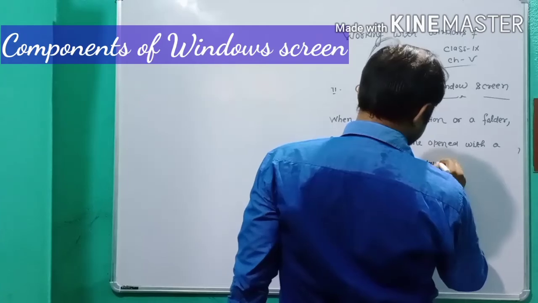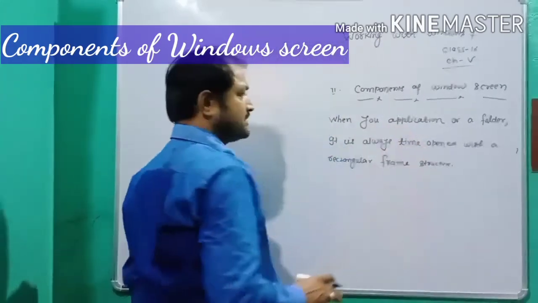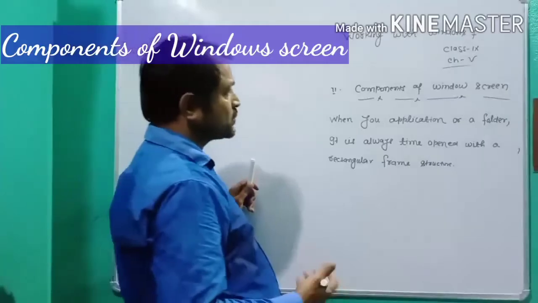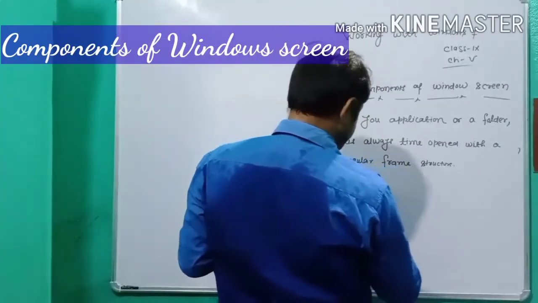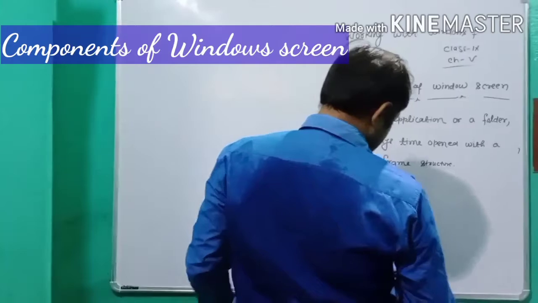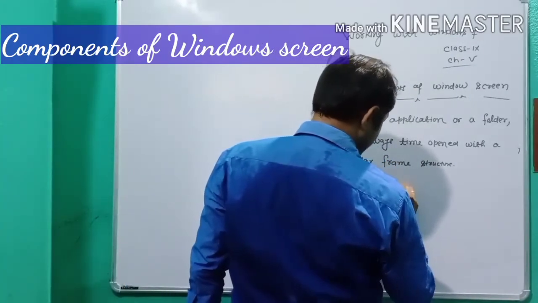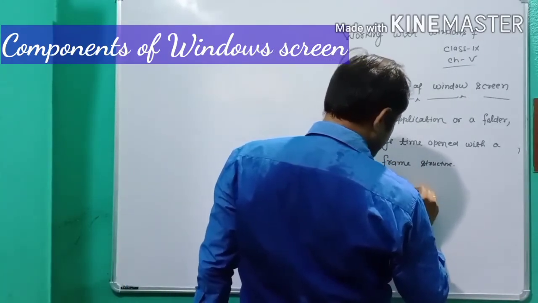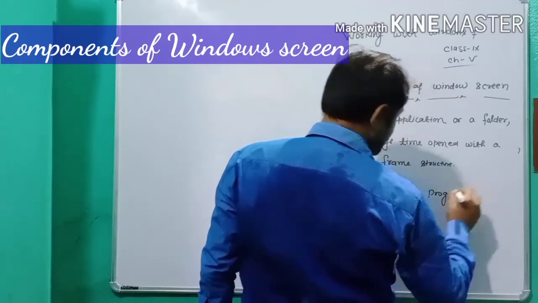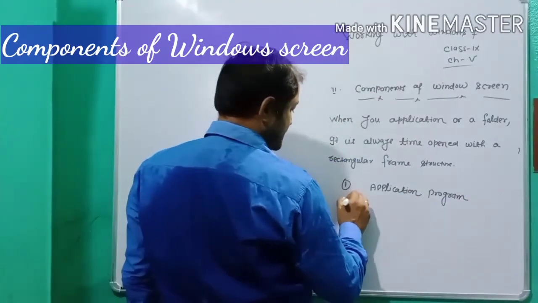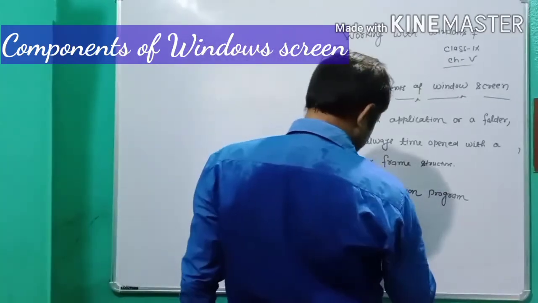A rectangular frame structure is known as a window. There are two types of window. First, application program window, and the second, explorer window.